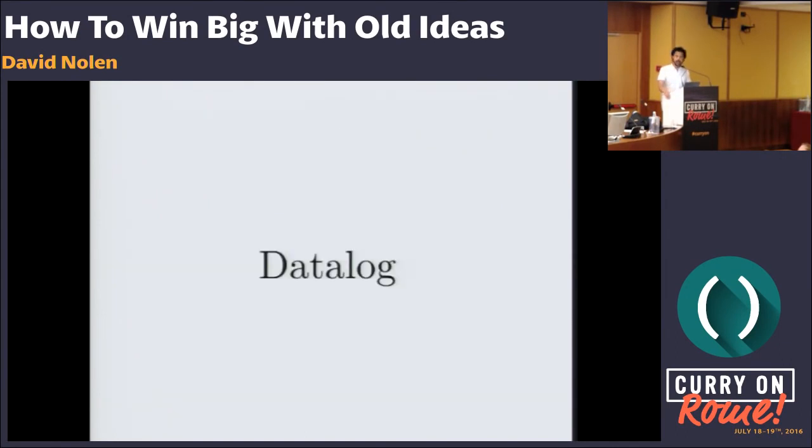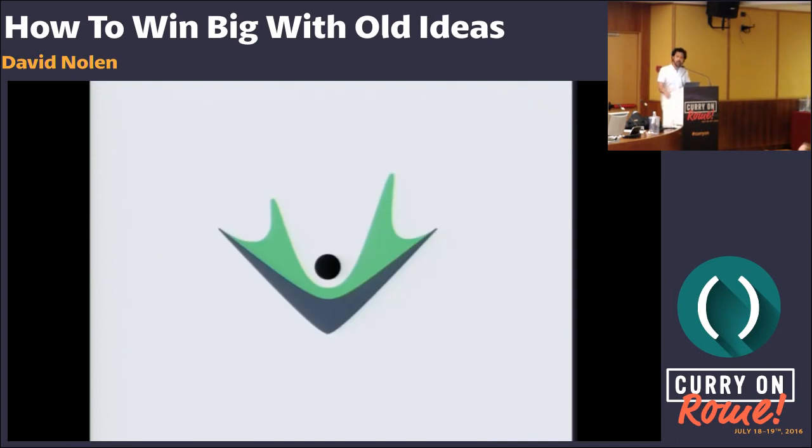Okay, so Datalog. This is again an old idea. I couldn't find a year, maybe somebody here is a Datalog expert and can point one out, but Datalog is lumped in with Prolog. If you remove the non-termination aspect of Prolog, you end up with something called Datalog. So in 2012,